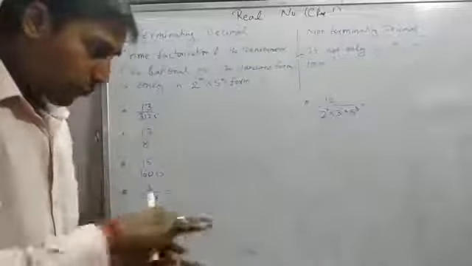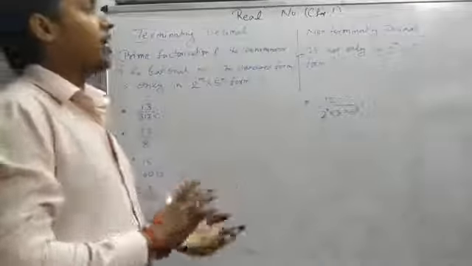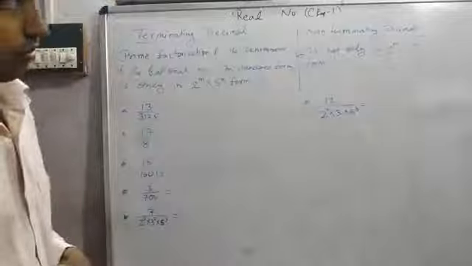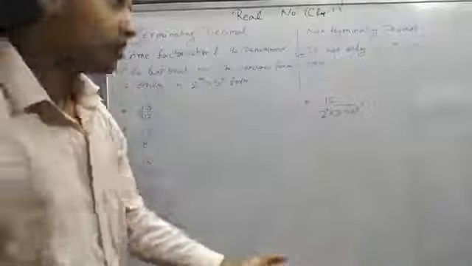So we take the same topics here, but we explain how we define whether the numbers are terminating or non-terminating. So we write terminating decimals or non-terminating decimals. First we discuss the terminating decimals. Terminating may not be, but non-terminating it has to be.